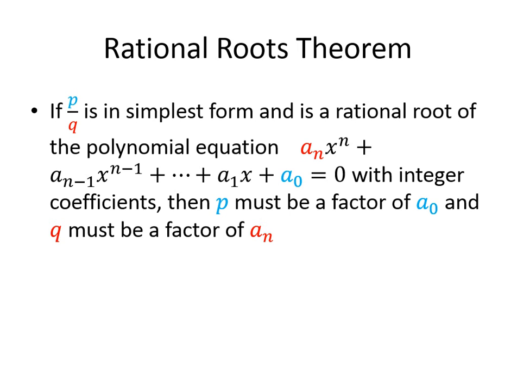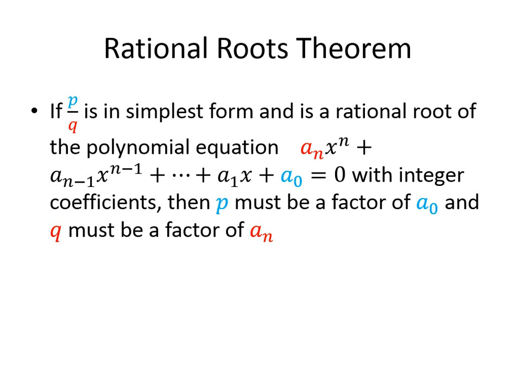The rational root theorem states that if P over Q is in the simplest form and is a rational root of the polynomial equation, and the a's are the integer coefficients, then P must be a factor of a sub 0, and Q must be a factor of the leading coefficient. So basically what it's saying,